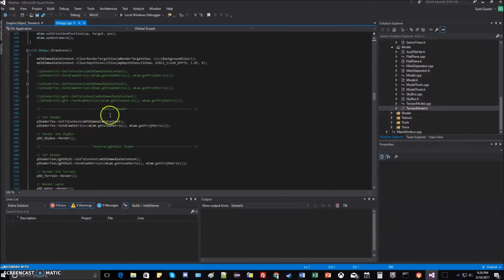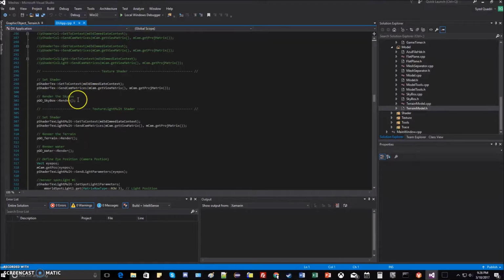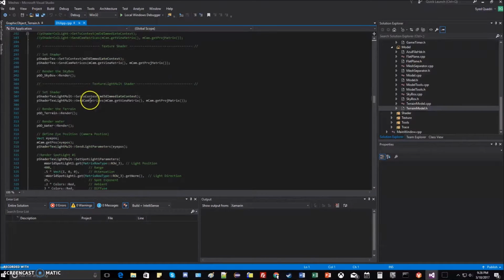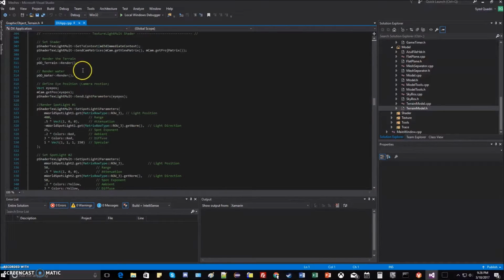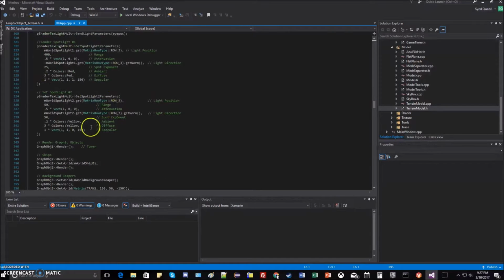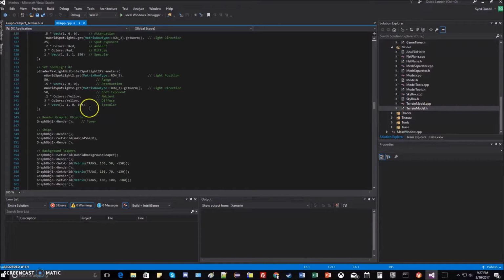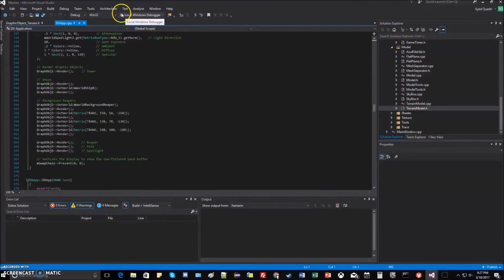And so here in my draw scene, same stuff as always, and then I'm defining the skybox using the texture shader, setting to context, and then using the texture light multiple shader. I'm setting the shader, I'm rendering the terrain, rendering the water, defining the eye position for the light to work as effectively, and then rendering spotlight number 1, spotlight number 2, and then rendering all the graphic objects. And then if I run this,